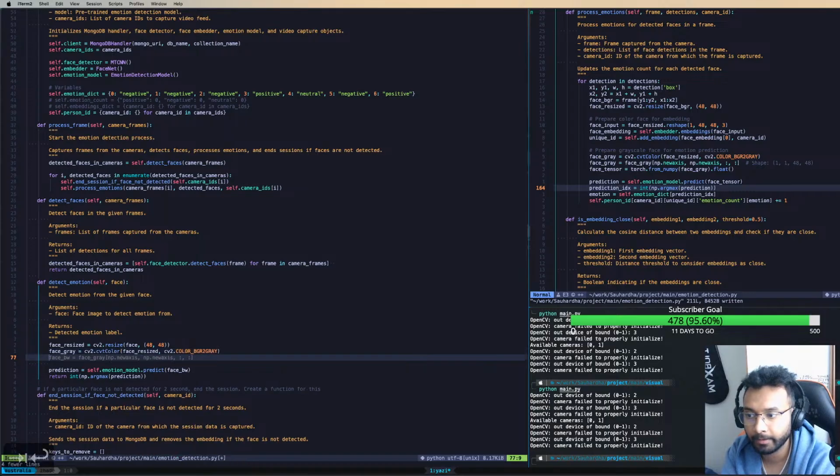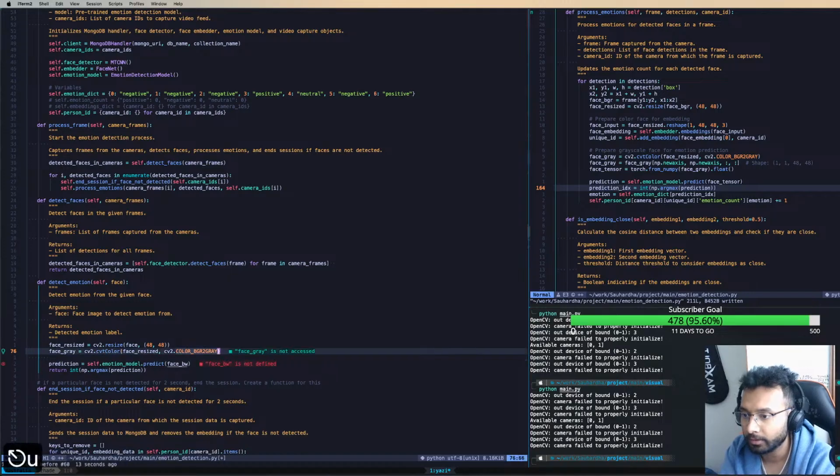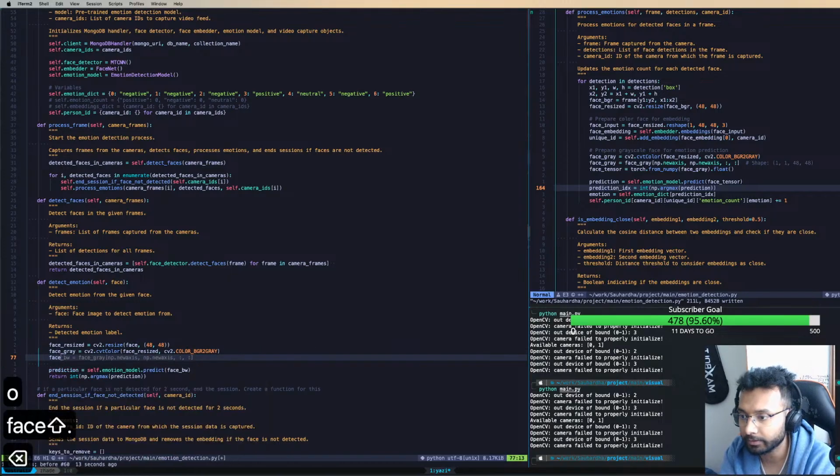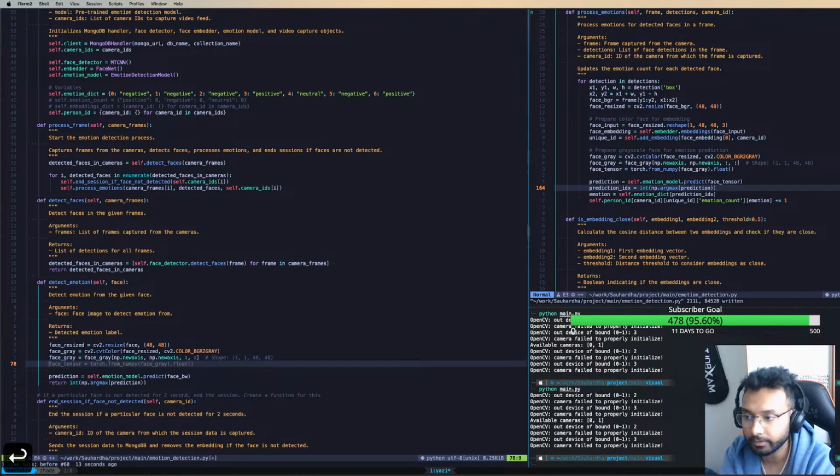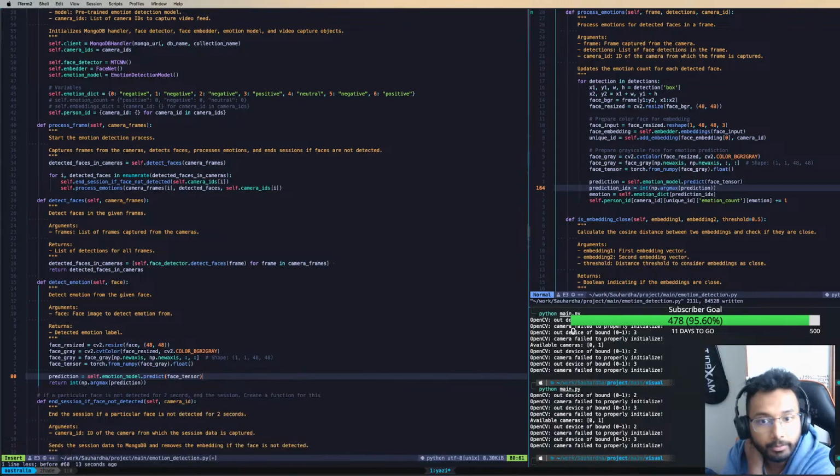Yeah, and then we change the shape with what? Face again, gray. Yes. Then we get the face tensor. Right, and the variable is not defined, so let's change it in Word to face tensor. Right, get the prediction and we return the prediction. Let's look at the prediction index with the